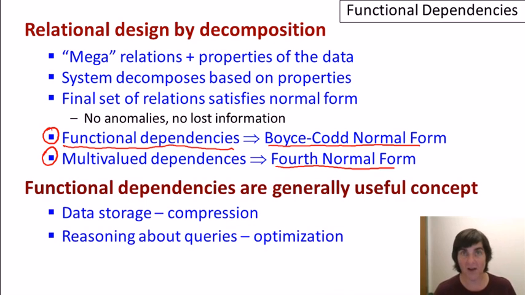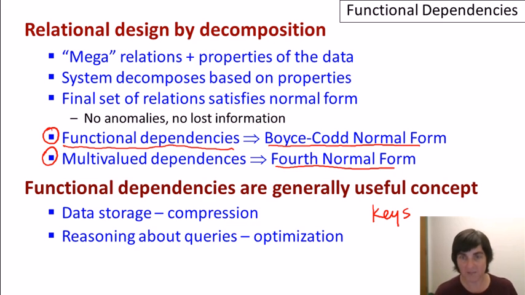And let me say that functional dependencies are actually a generally useful concept in databases, not only for relational design. Functional dependencies, as we'll see soon, are a generalization of the notion of keys. And they allow the system to, for example, store the data more efficiently when it knows about them. Compression schemes can be used based on functional dependencies for storage. And also functional dependencies, as a generalization of keys, can be used to reason about queries and for query optimization,